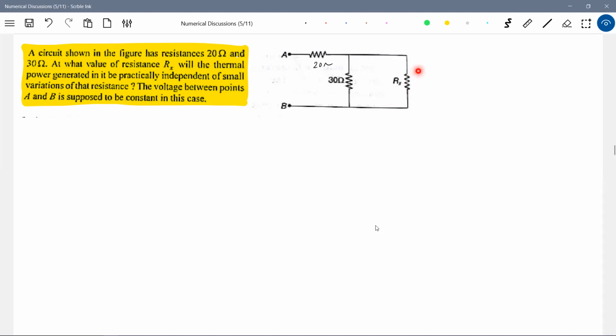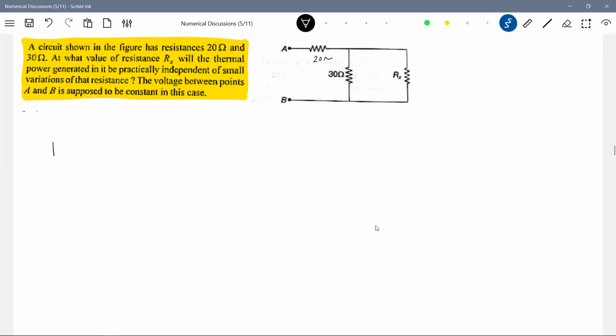I think this is the importance of this particular problem. This can be a television, some mobile or any other equipment which will run on electrical power. Current will flow. Definitely due to change in temperature, the resistance of this device will change, but the power dissipation should not change. So what should be the value of Rx? I'm going to design a circuit here. Let's make this problem a little more systematic by assuming things of this kind. So let there be a cell, a resistance of 20 ohm, and a resistance of 30 ohm.